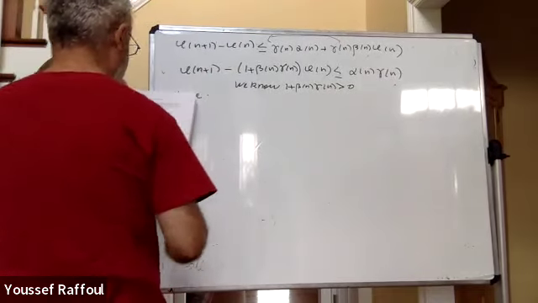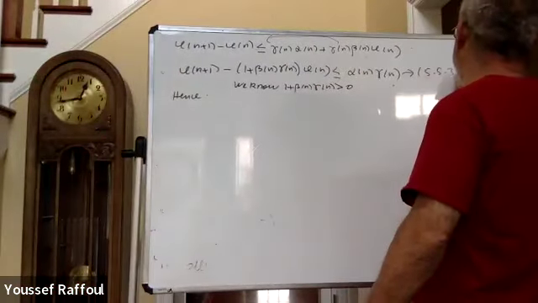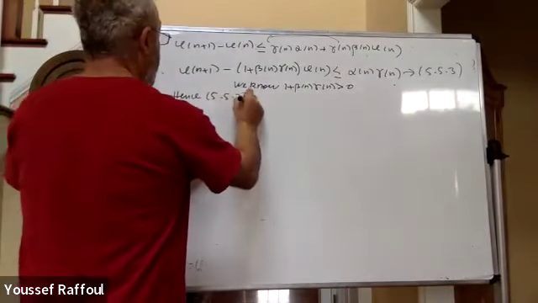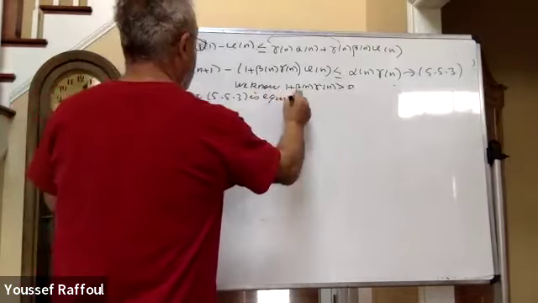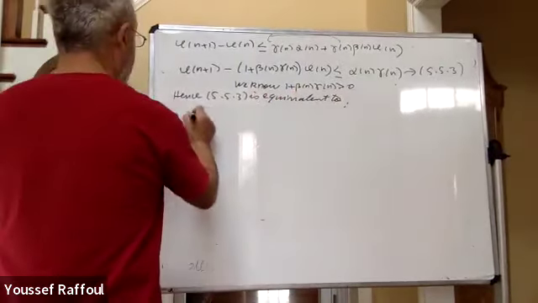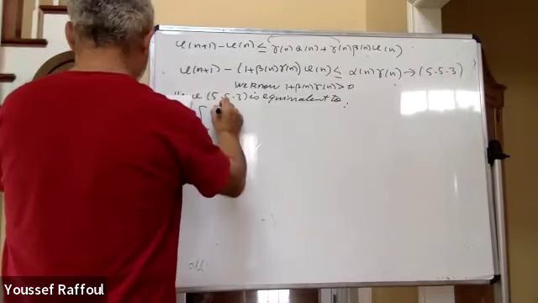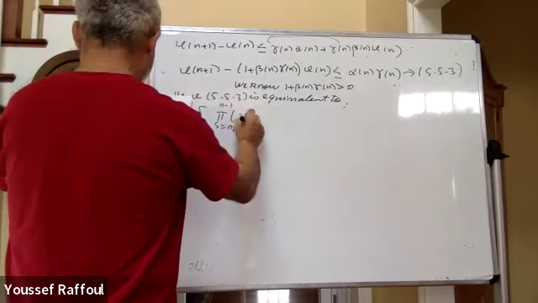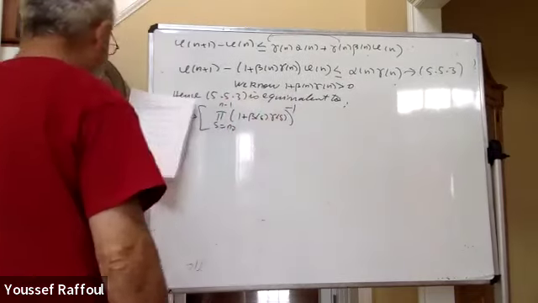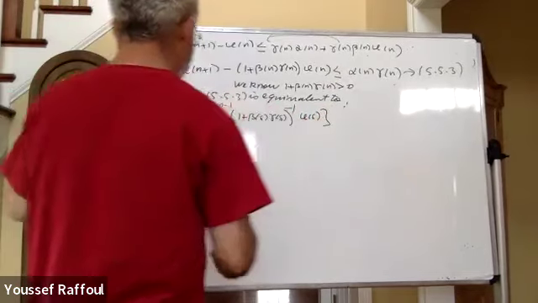Hence, this, I call it 5.5.3. 5.5.3 is equivalent to delta of the sum for s equal n naught to n minus 1 of 1 plus beta s gamma s to the minus 1, phi s,